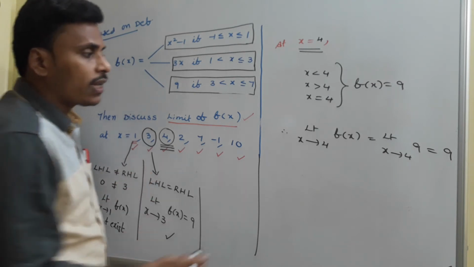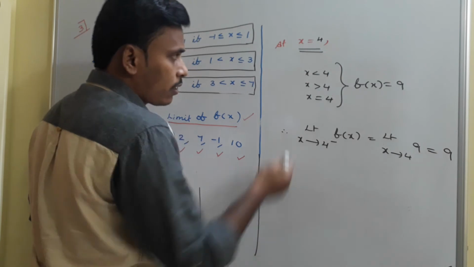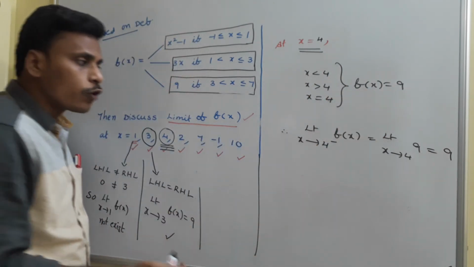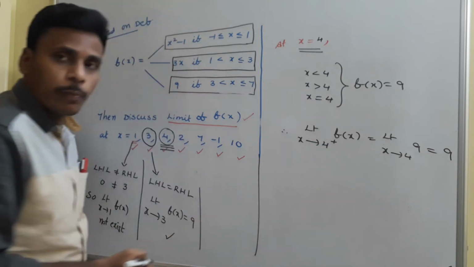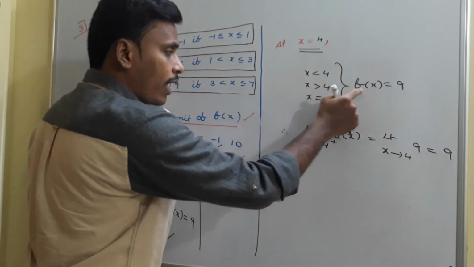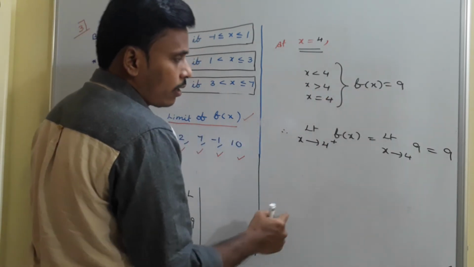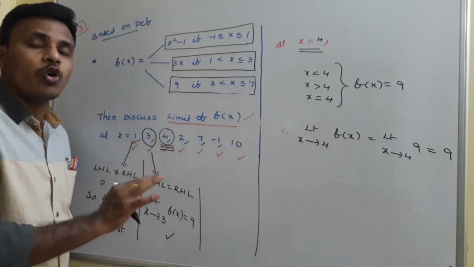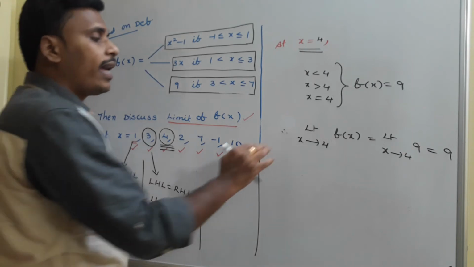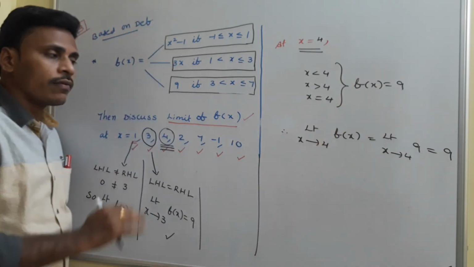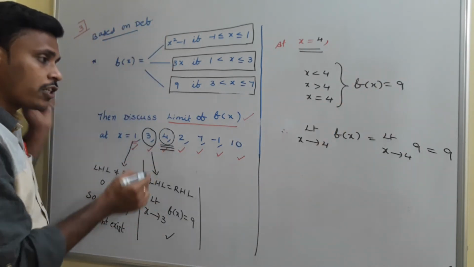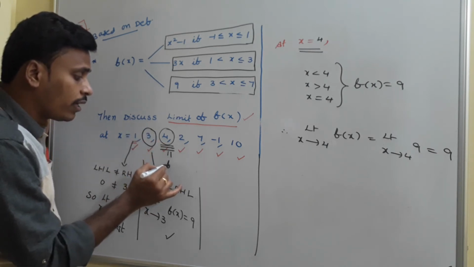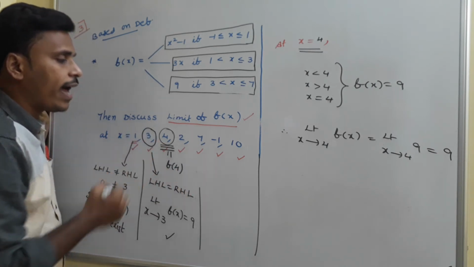If you wish, write limit x tends to 4 minus, x less than 4, f of x is 9, your answer is 9. If you wish, write limit x tends to 4 plus, x greater than 4, f of x is 9, your answer is 9. But the function definition is the same before and after 4, so no need to take left and right, it is enough to directly write the limit of the function as 9. So at 4, the limit exists and that limit value is simply f of 4, the functional value directly.